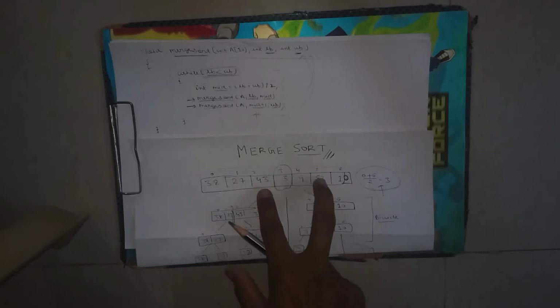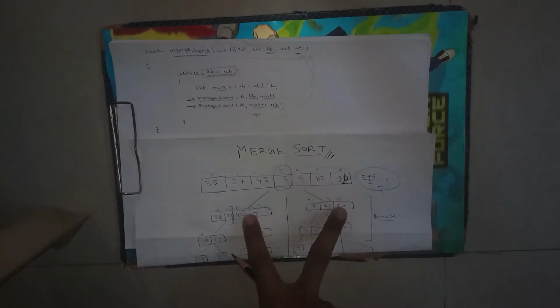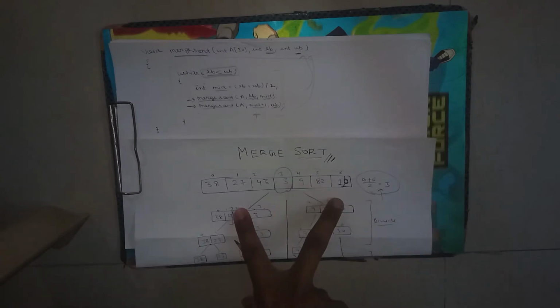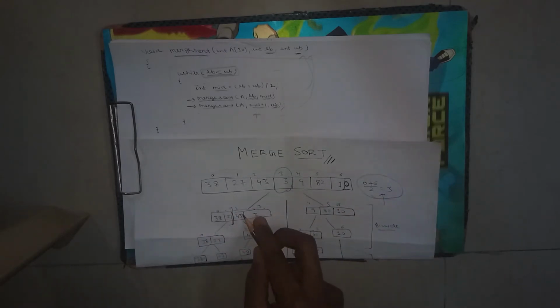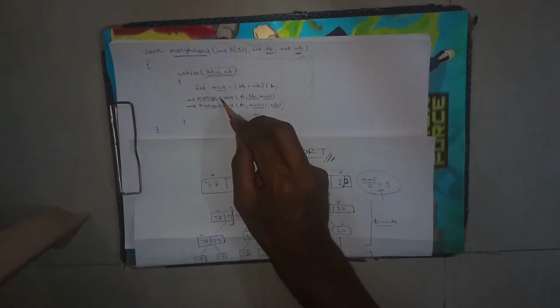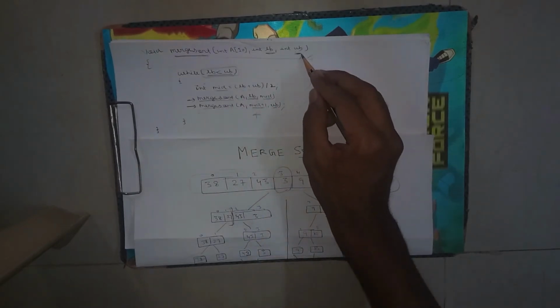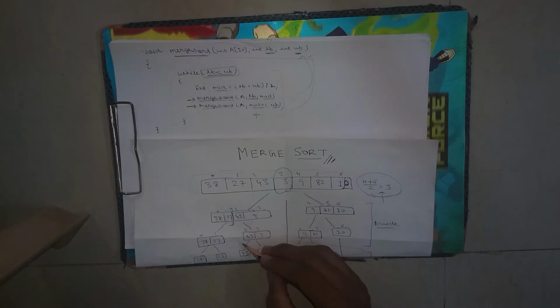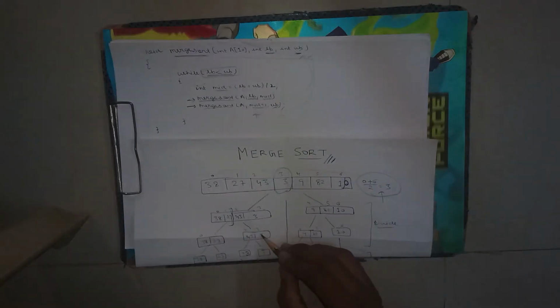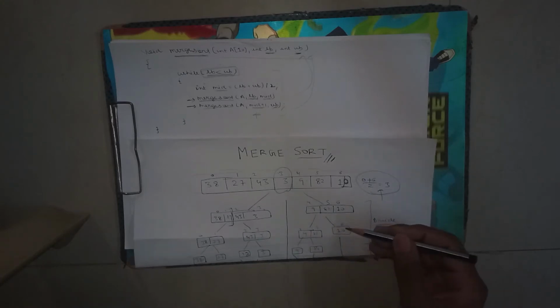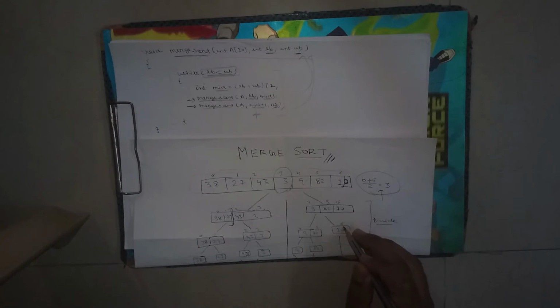So it is partitioned into two arrays, which is 0 to 3 this, and 4 to 6 this. Okay, so this will also be partitioned. How come this? The merge sort keyword is attached to this array, which means it will also be passed as an argument in this merge sort function. So it will also be partitioned, and this will also partition, this will also partition, and this will not be partitioned. Why? Because lower bound and upper bound are the same.